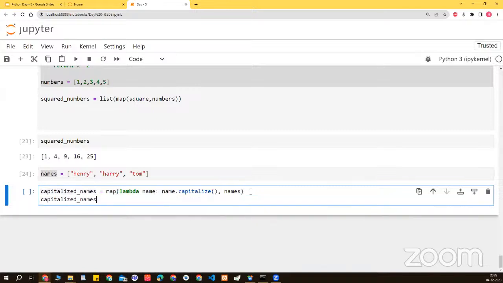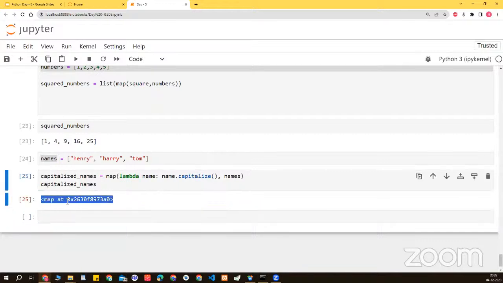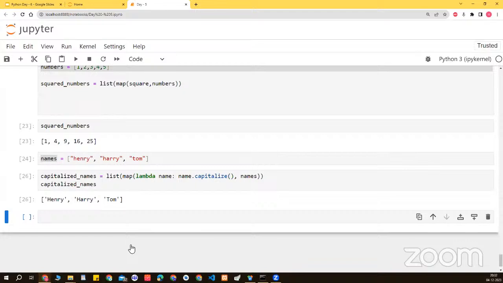Then I'm going to print this, right? And it says map at so and so location. You can't really see the proper formatting. And then I'm going to change it into a list because a map is going to produce a new list. Okay. So since it produces new iterables, it uses a list format. And you can see that all of them have been capitalized. So the first letter of the name is capital,